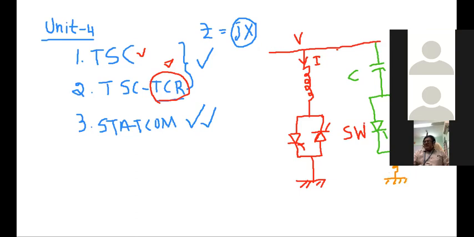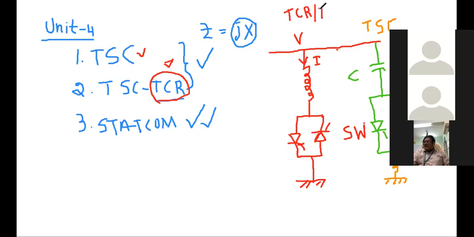The main function of this is a TSC. The main function of this is done by the capacitor, not the inductor. Then what is the purpose of the inductor, that we will see. Okay, but in this case of this thyristor control, this is a TCR power circuit, thyristor controlled reactor, or